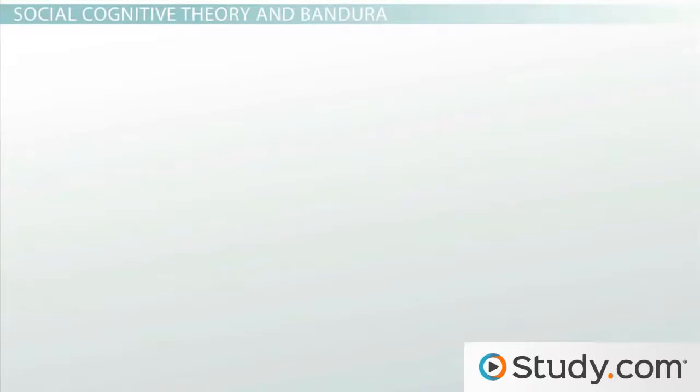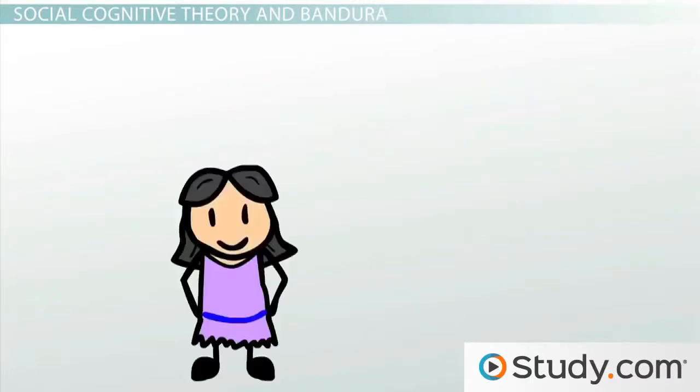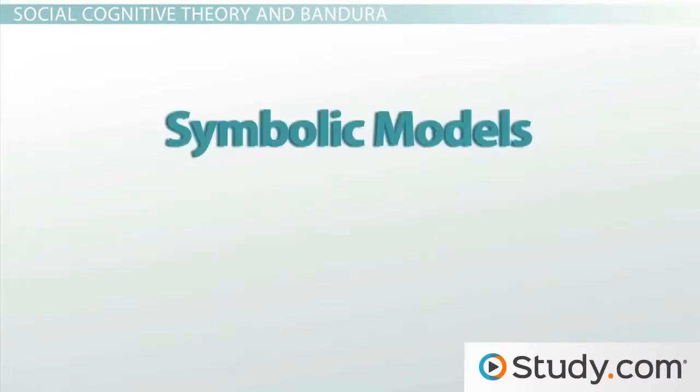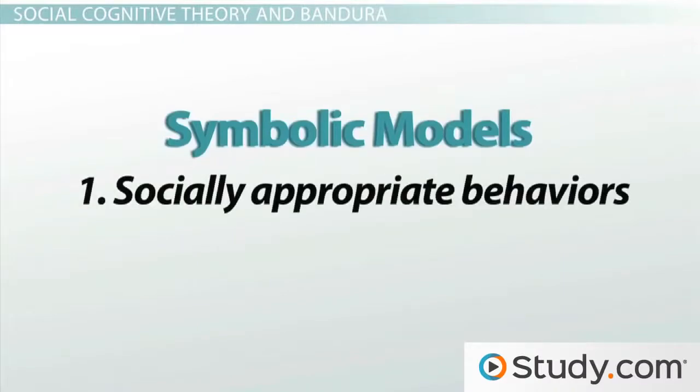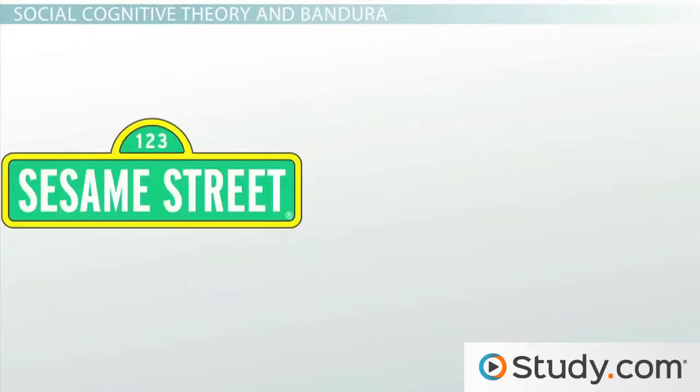The third influence of modeling is to demonstrate new patterns of behavior. Models are particularly important in the socialization of both children and adults. Language, social values, and family customs, as well as educational, social, and political practices are modeled in countless situations. Examples for children of symbolic models that portray both socially appropriate behaviors and sensitivity to others are Sesame Street and